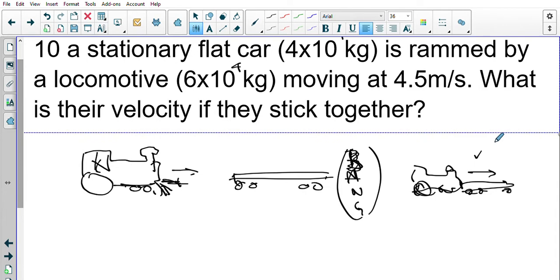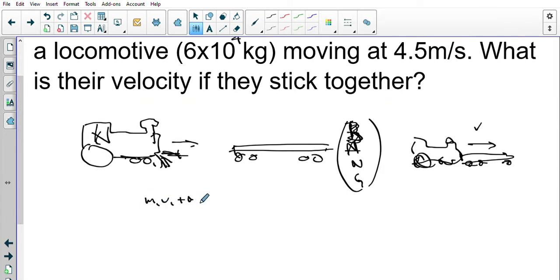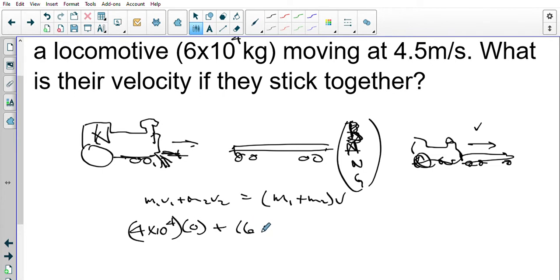We want to know their velocity. All right, so this really comes down to conservation of momentum. m1v1 plus m2v2 is equal to, and then they stick together, so that's where we would say (m1 plus m2) times V. So we have our stationary car, 4 times 10 to the 4 times 0, plus 6 times 10 to the 4 times 4.5